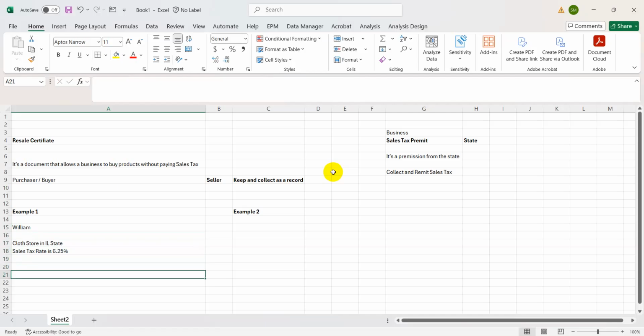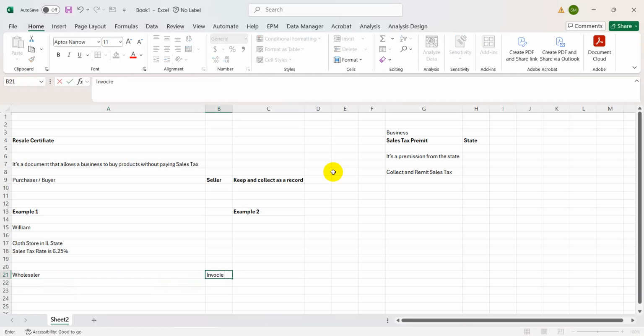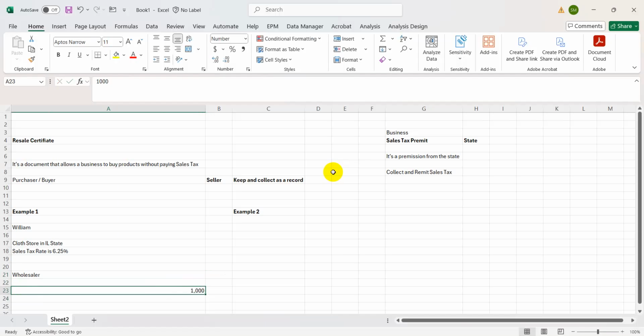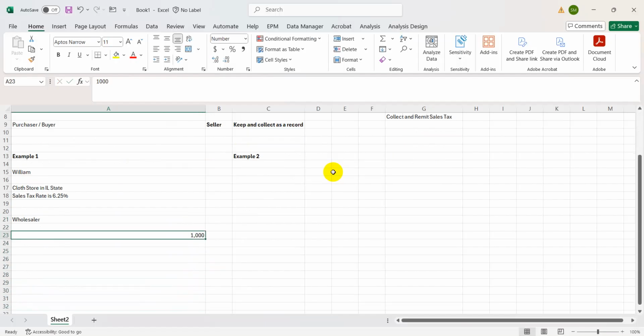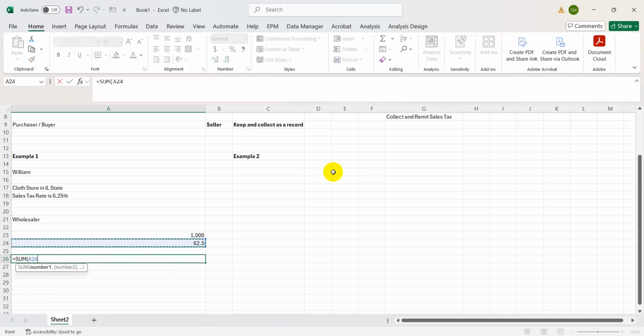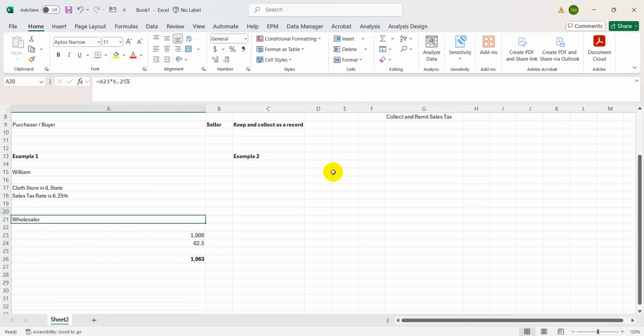Now when William buys the cloths from a wholesaler, the wholesaler will issue an invoice, and that invoice will have a sales tax as well. Let's say William bought 1000 worth of goods from that wholesaler. On that 1000, the wholesaler will charge 6.25 percent as sales tax, and the total invoice will be this one, right? But what if William at this stage